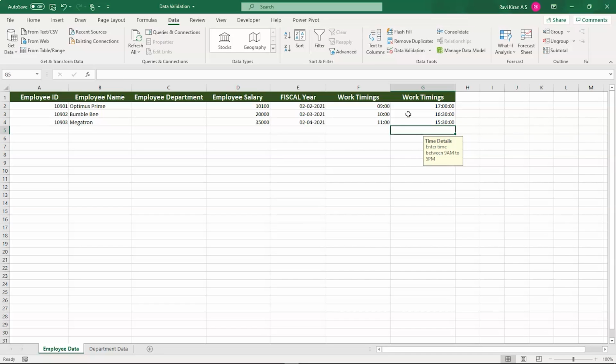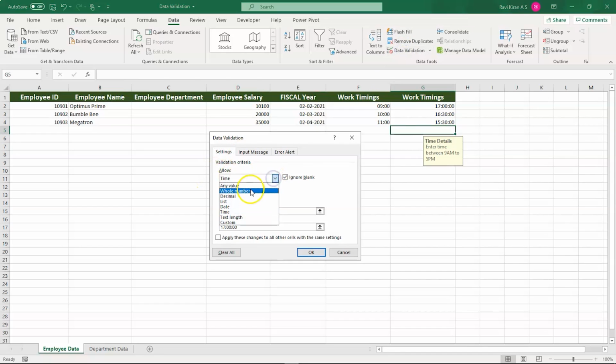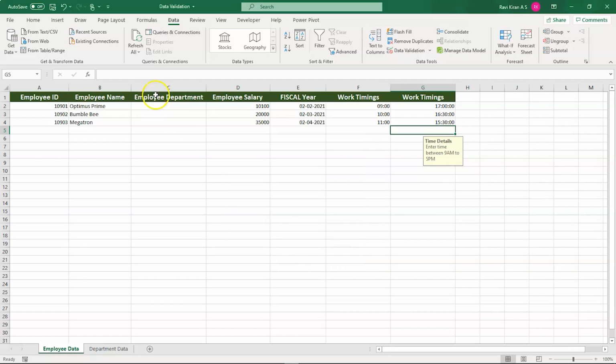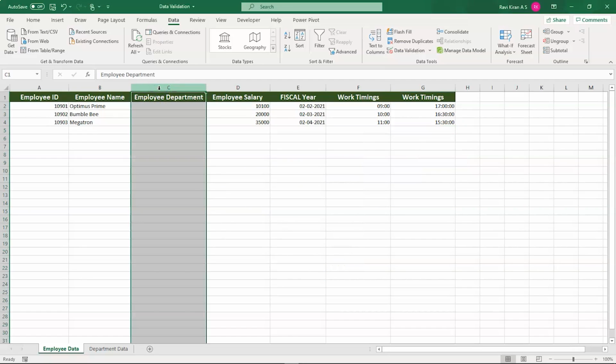Now we have finished almost all types of data validation things. That is, we have finished with any value, whole number, decimal, date, time, text length, and the last one is list. So this is where things get interesting. Now let's cancel this. Now select the employee column. Now if you're running a company, then definitely you'll not have only one department in it. You might have multiple departments, right? So let us consider that you have a software development company. So in that, the basic departments will be software development team and software testing team.